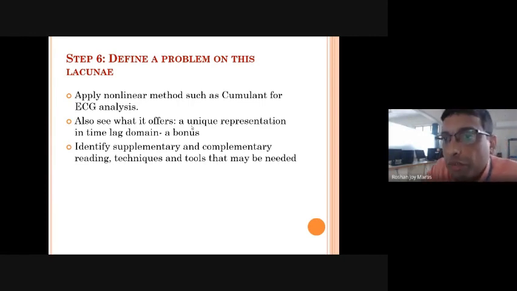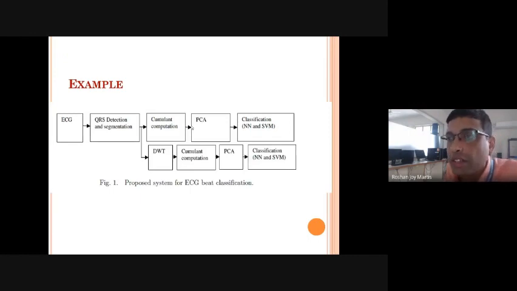Here what we have to do is find what methods others have used, what alternate methods are available, what methods have been studied so far, and what techniques and tools can be applied. So here some analysis can be done, and we can choose the appropriate method required for our research. Okay, this is the design of experiments.